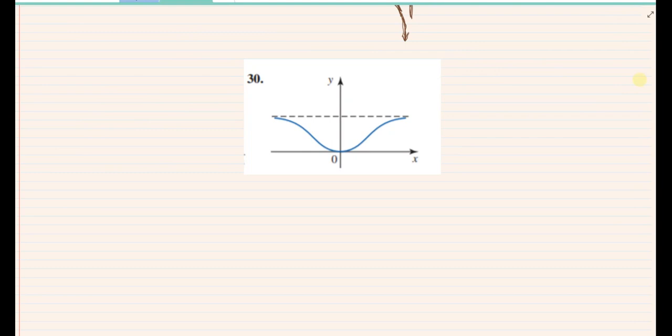Exercise number 30. We want to do the same thing in exercise number 30, in that we are given the graph of the function f, and we want to draw the graph of f prime of x. Now this is pretty cool how this works out, everyone. One thing to note here, by the way, before I actually graph it, let's make some observations about the